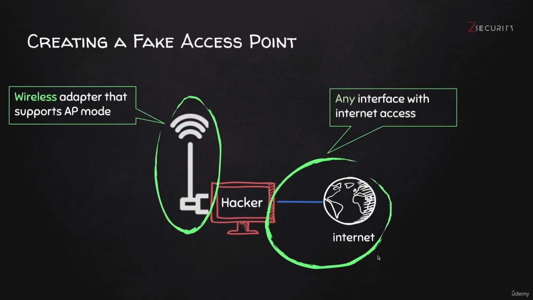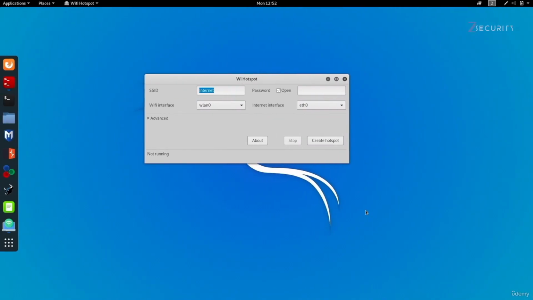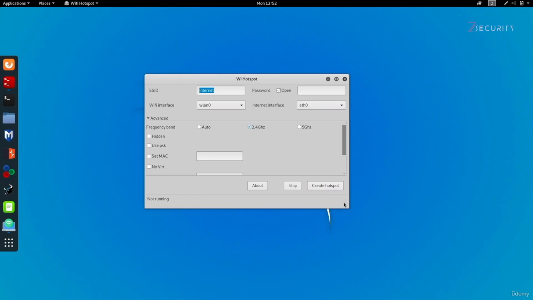And we said it doesn't matter what type of interface. It could be a wireless card or a wired. It doesn't really matter. In my case, I'm actually getting my internet access from ETH0, so it's already selected correctly. And that is my virtual interface that is connected to my virtual NAT network. Now, before starting the access point, let's click on the advanced just to have a look at the other options